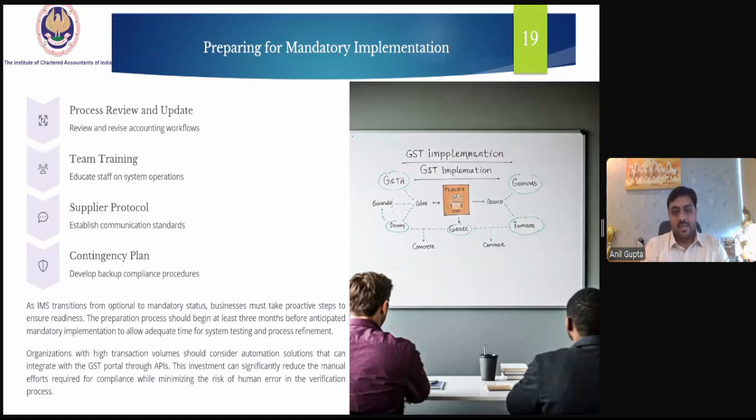So as IMS transitions from optional to mandatory status, businesses must take proactive steps to ensure readiness. The preparation process should begin at least 3 months before the anticipated mandatory implementation to allow adequate time for system testing and process refinement.